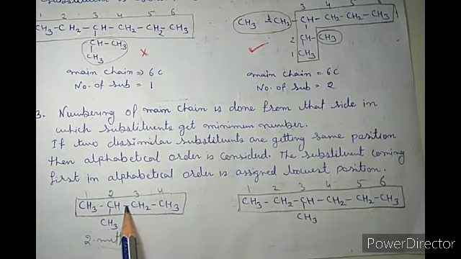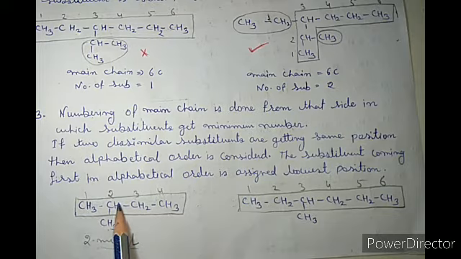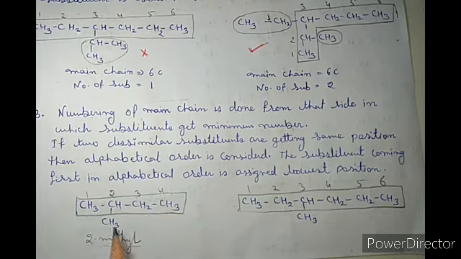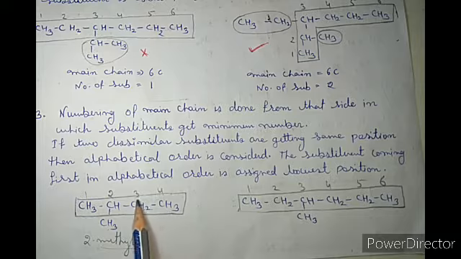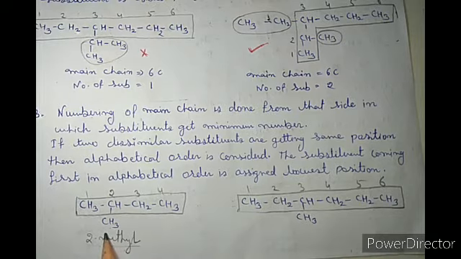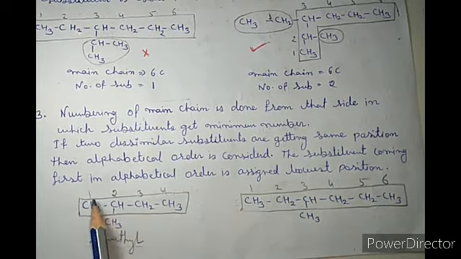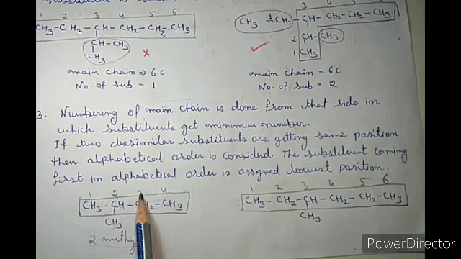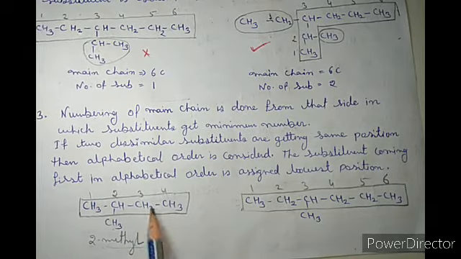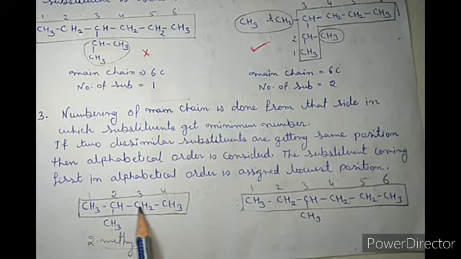If we start the numbering from that, then the substituent gets minimum number 2. But if we start from that, then it will get number 3. That one is 1, 2. If we start from that, 1, 2, 3. So the minimum number is from that side, so it is selected